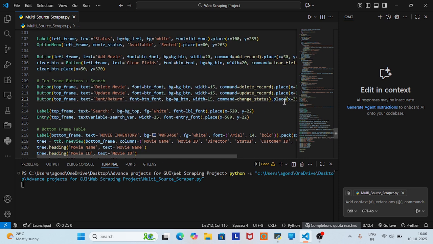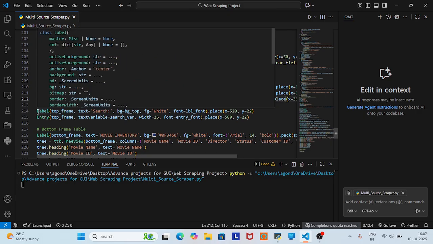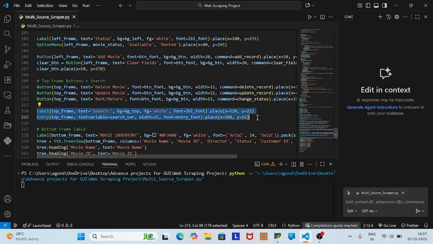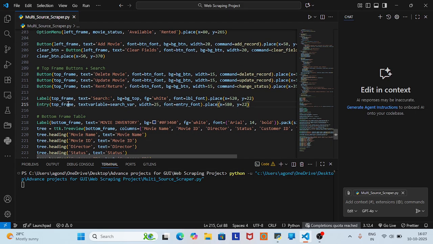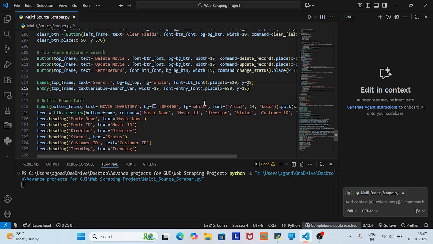And then it has the entry part, which is the search that you have seen in the GUI, and its variable right here, placed at the particular x and y coordinates that you can see right here. Okay,